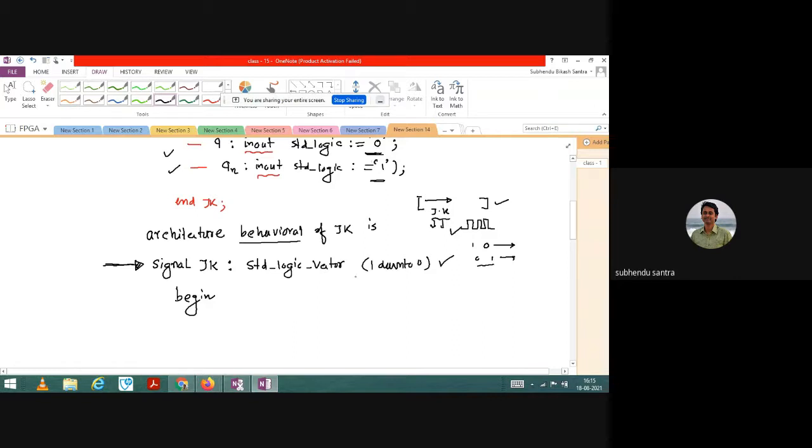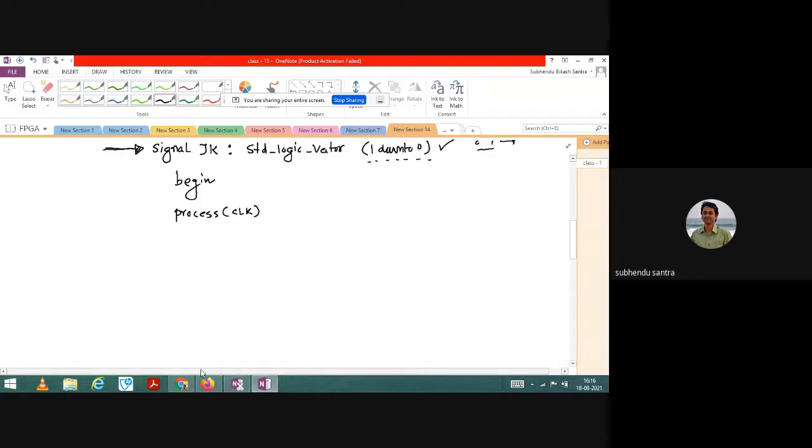Otherwise, I have to declare the initialization value here, which I do not want, so that's why I initially gave the value. Next, begin and then process. Only the clock signal I will process.